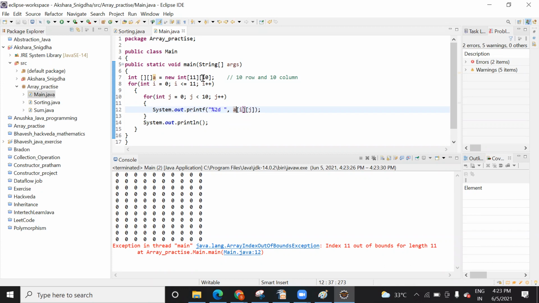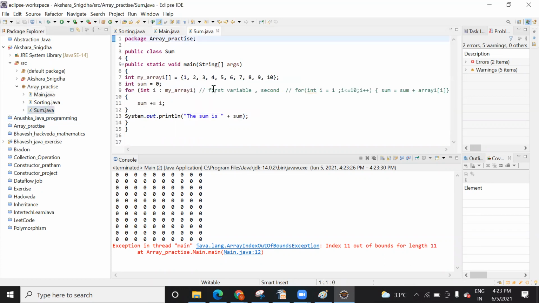Okay, I will check this question. I have done it somewhere, I'm not getting it right now. But you can't fill more than what the container size is. So if the container can only hold 10 elements, you can't fit the 11th. Yeah, the container can hold 10 elements. So an array is also a container only.